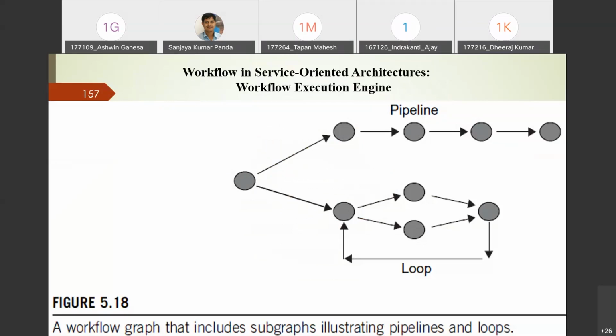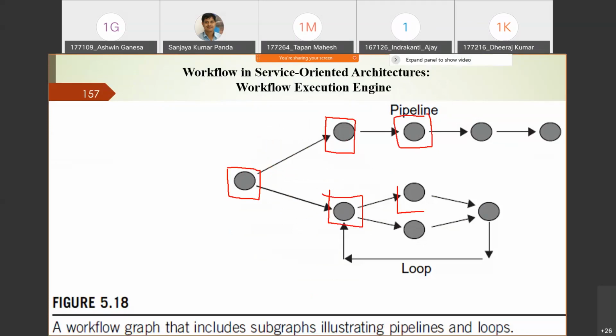Pipeline indicates, for example, you have a processor. Now one processor is executing this work. Once this work is completed, two works can be done simultaneously, right? The same processor can continue with this work, and here you may require another processor to execute these things. Or you can execute one after another in the same processor. And the same processor which is assigned this task can be assigned the same. Like that, you can continue. In this case also, you are following the pipeline.